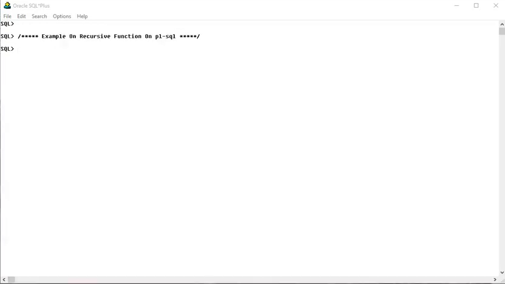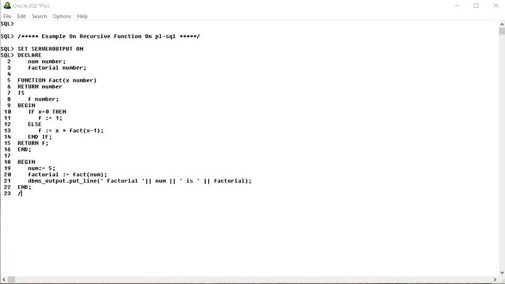Next one is the example on a recursive function in PL/SQL. We already know that a program or subprogram can call another subprogram. When a subprogram calls itself, it is called a recursive call, and this process is known as recursion. Let's take an example. Here I have an example to calculate the factorial of a given number, by calling itself recursively. By using this example, I calculate the factorial of 5. After execution of this code, we get the factorial of the number 5 is 120, and the procedure is successfully completed.